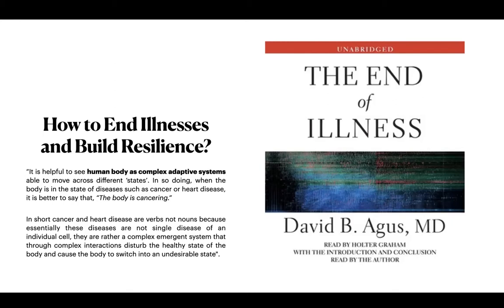So the thesis that Agus is providing is that let's not look at disease and lack of health as just a fixed state, but let's look at them as a kind of verb that is happening in space and time. By saying that the body is cancering, we're taking control, we're looking at the body as a dynamic system, instead of just saying that the state of a disease is only happening in an isolated part of the body, and we need to provide diagnosis or treatments that are attacking those cancerous cells in a closed environment. So he says that in short, cancer or heart disease are verbs, not nouns, because essentially these diseases are